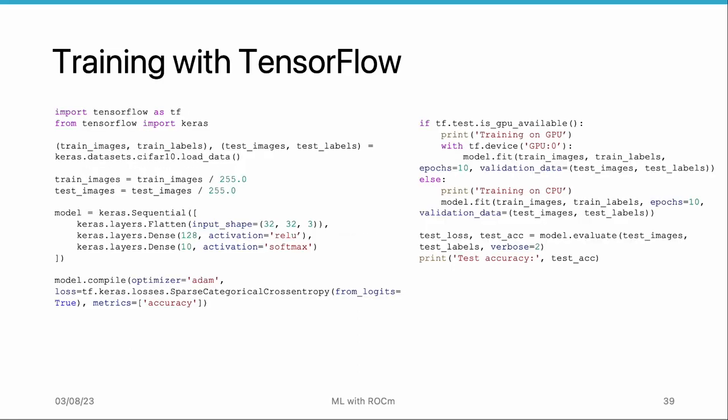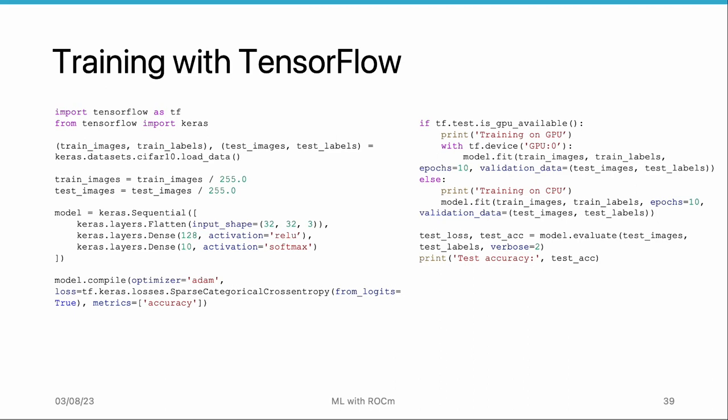Now let's run a Python code for TensorFlow and observe the utilization of the GPU or CPU. The code from the slide is testing whether a GPU is available for training the model or if the training needs to be done on the CPU. The code first loads the CIFAR-10 dataset and preprocesses the images. Then it defines a sequential model with a flattening layer, a dense layer with ReLU activation, and a dense output layer with softmax activation. Next, it compiles the model using the Adam optimizer, sparse categorical cross-entropy loss, and accuracy as